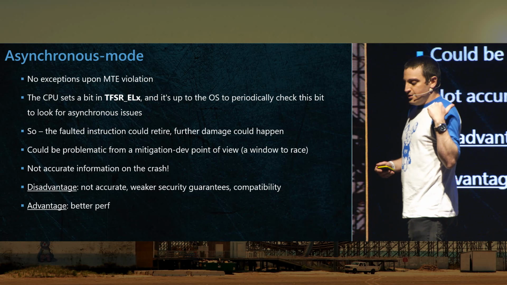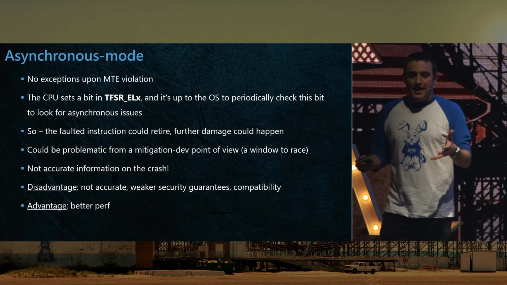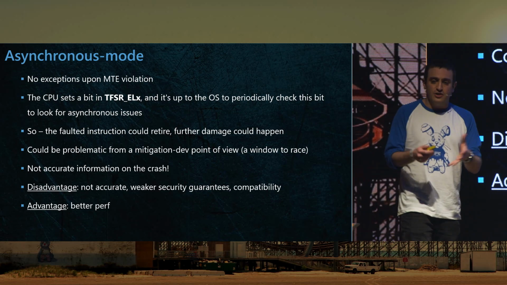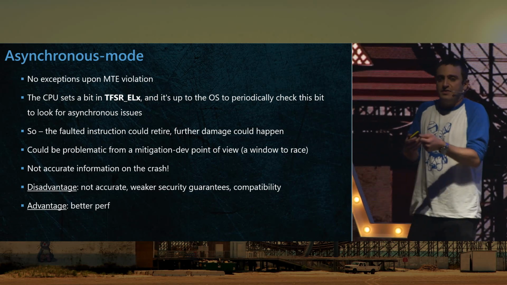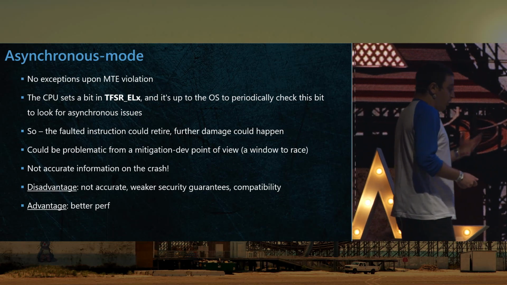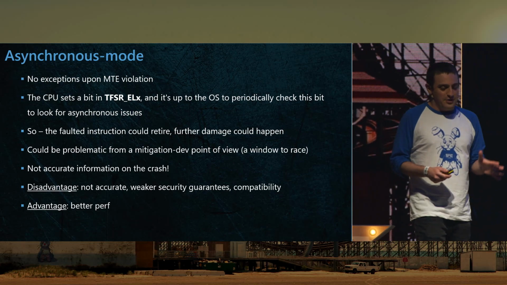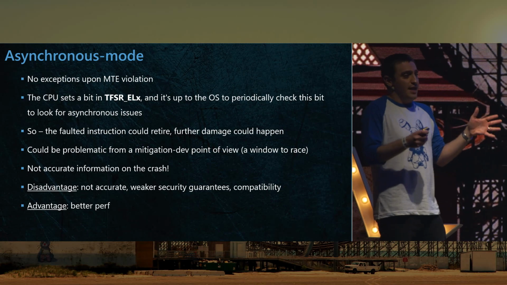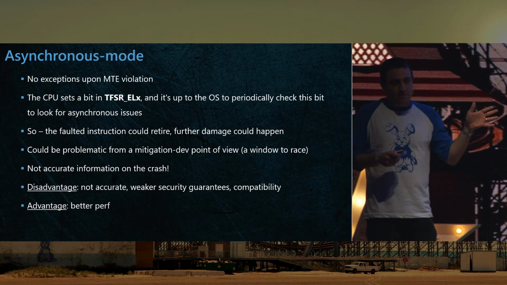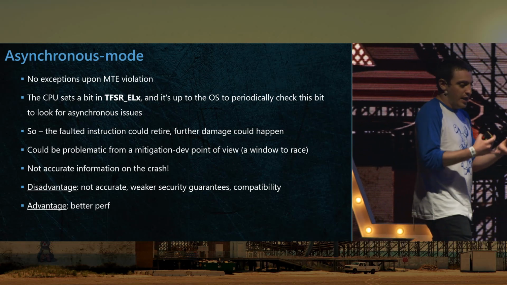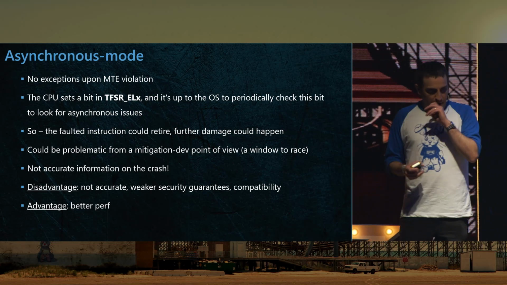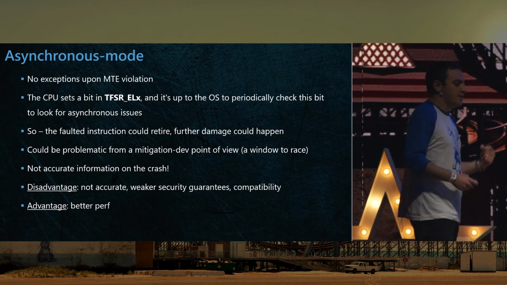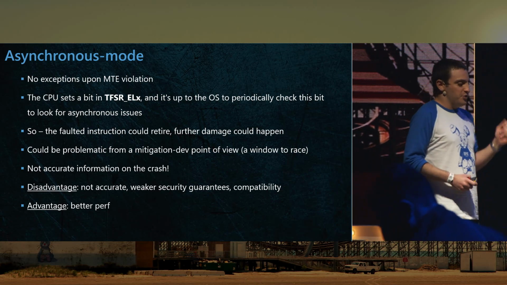Clearly, in this mode, the faulted instruction could retire, which means that further damage could happen. This is really bad news from a mitigation development point of view, because you clearly have this window to race. And also, you have no accurate information on the crash whatsoever, so it's really funny. You know that some thread or some process has crashed at some point in time, but you have no idea where, why, how, what's going on here. And while there are many downsides here, there is one major upside: this mode should have much better